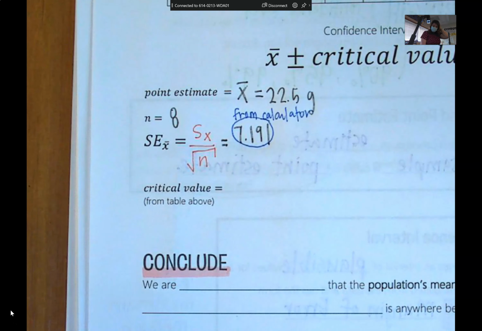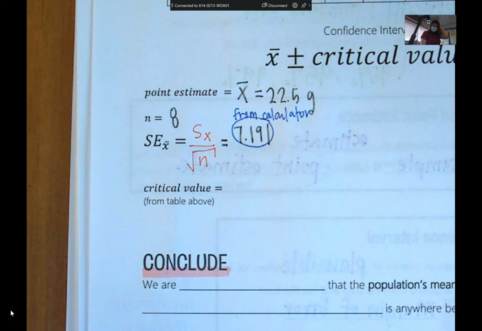So I am getting this from this formula. I'm copying those numbers down in the same order. Then I usually draw two little arrows coming out. I always find my lower bound first, and then I find my upper bound. These symbols are just reminding me what I do to find those. So for lower bound, I subtract. For upper bound, I add.